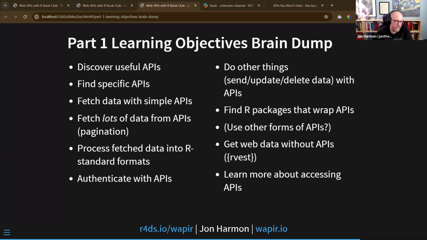Maybe I'll dig into it, but I feel like because httr2 exists, you don't have to know about that package. If you want to write your own package for processing APIs, then you'll need to be familiar with curl. But other than that, I don't think it's